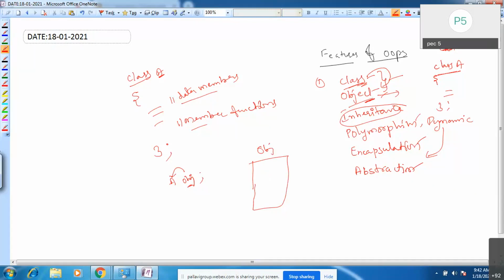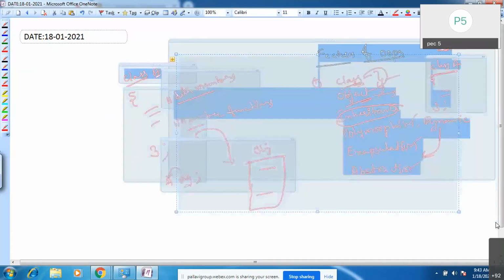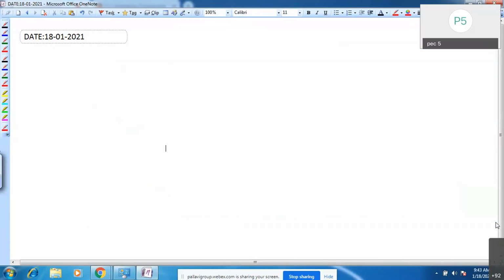Inside this obj you can store the data members and member functions of this particular class. Here you have the class and you have the object, and you are able to store some data. Coming to this third unit, these are the topics we have already seen. Majorly we have inheritance.